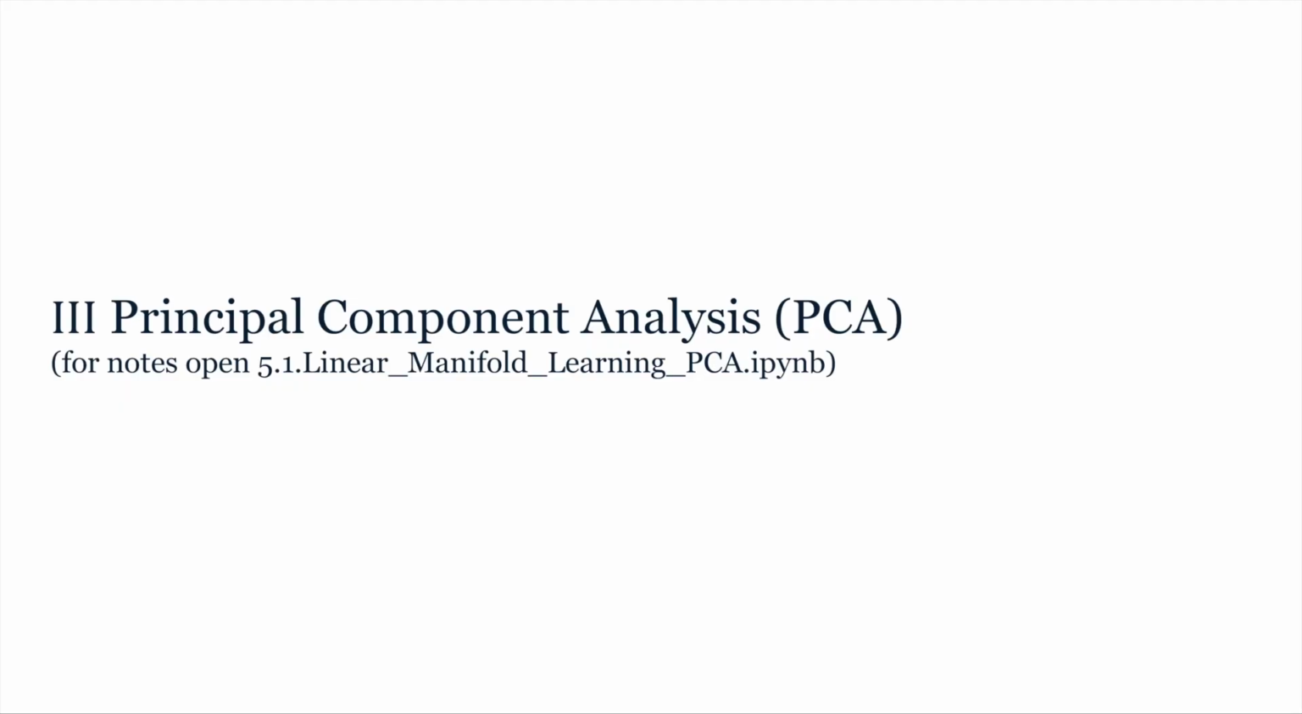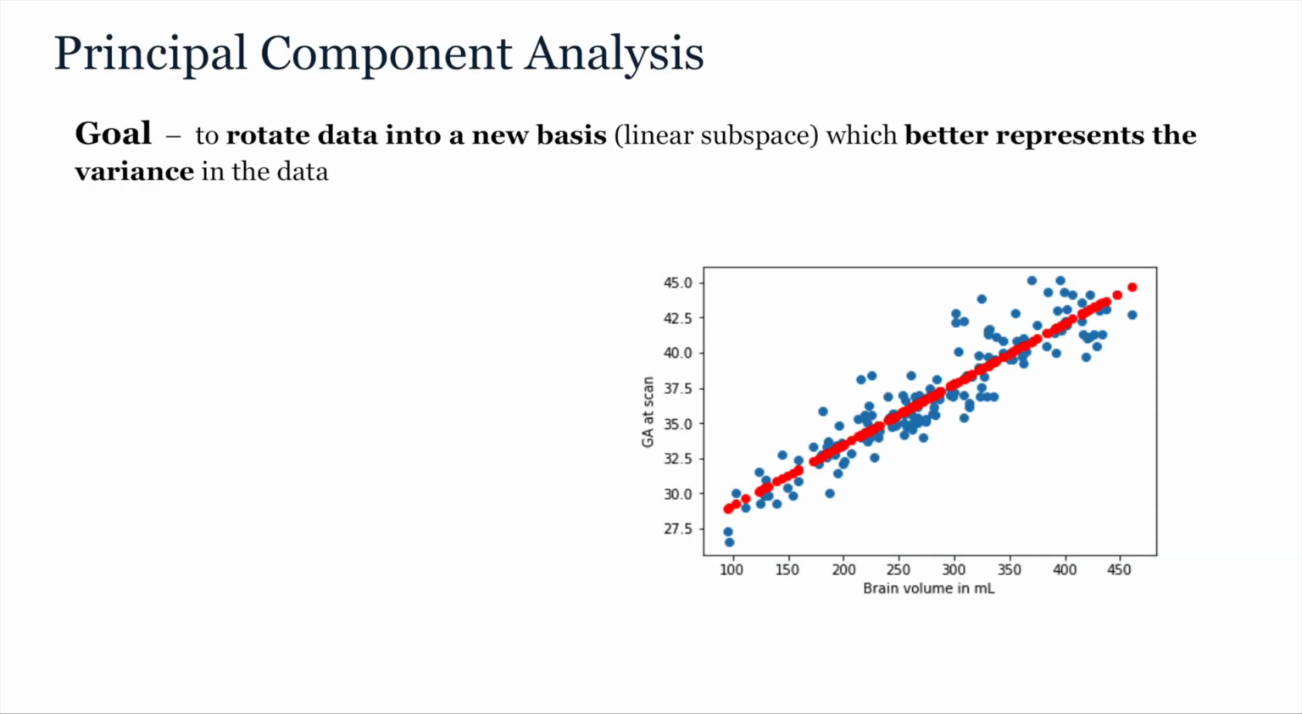In this video lecture, we will look at how to estimate the principal eigenvectors of a dataset, both from scratch and using scikit-learn. Please continue to follow the first notebook, 5.1. The goal of PCA is to rotate the data onto a new basis which represents the axes of greatest variation